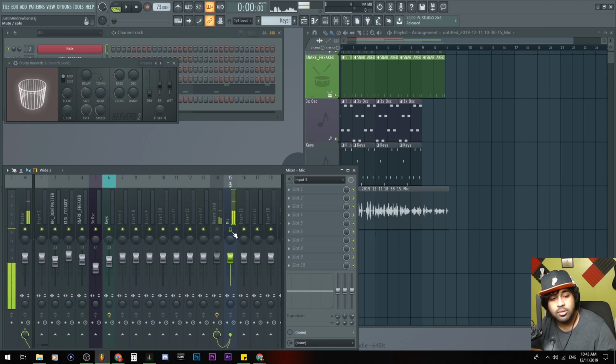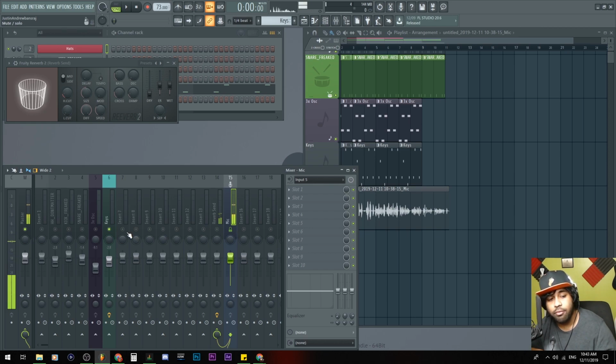For those who are curious, you may have seen this lock, you're like, what the hell is it? If you hold the shift button and click, it'll lock that. And I have this locked on, so even if I solo something like that, I right click, this will stay on.